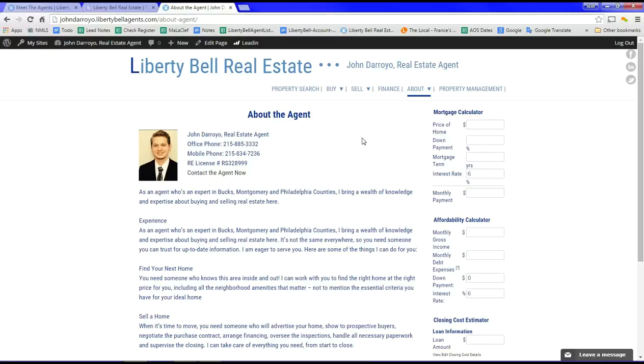Also, you will be able to have IDX with our new site, and also capture leads and do email campaigns with those. But as I had mentioned earlier, in a couple of weeks I will do a training to show you how to do the different components and work with the website. So right now I'm just giving a demo of what it can do. So the main function is when we're home,